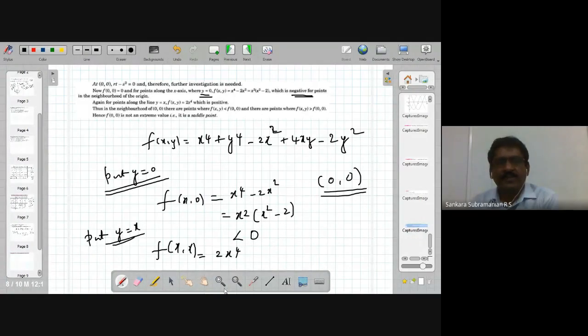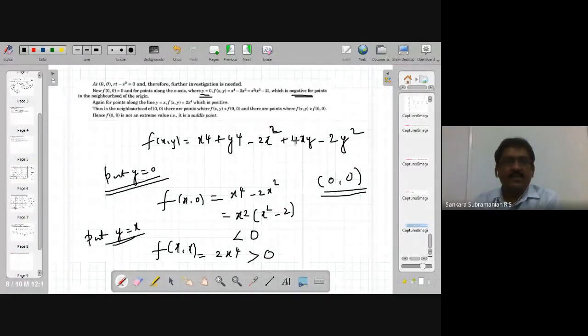The other terms cancel: this is minus 2, this is minus 2, and minus 4 will be cancelled. So 2 times x power 4, which is positive in the neighborhood. If you say 0.1, then 0.1 whole power 4, again, this will be positive